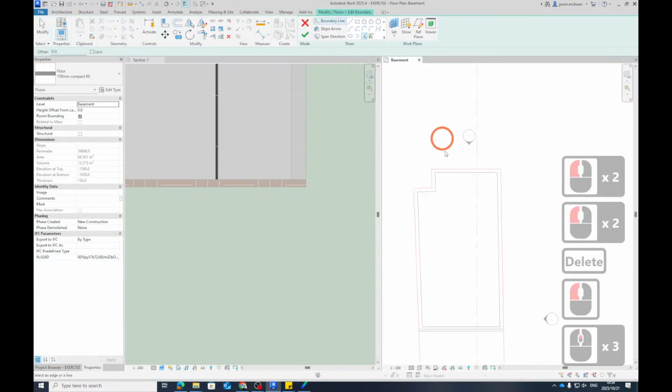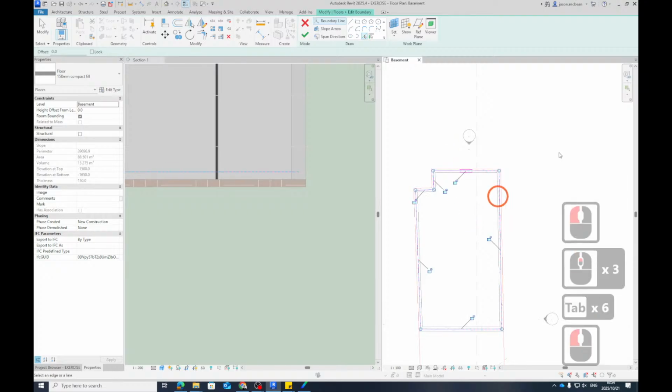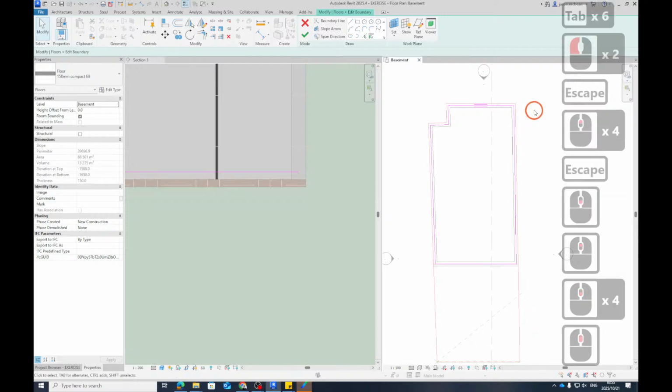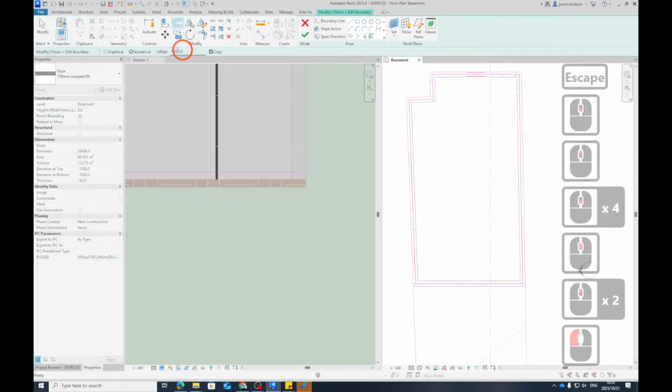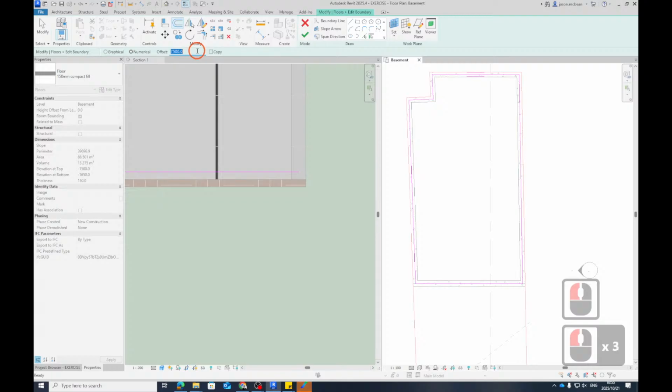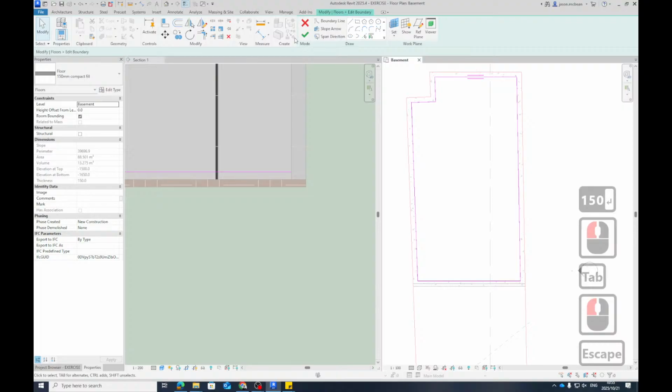And I'm going to pick the inside face of the wall, and I can press tab a couple times. It's done that. Okay, yeah, because it picks the wall. So just offset it by 150. Copy 150. You have to click the command again for it to understand what it needs to do. Okay, so typically